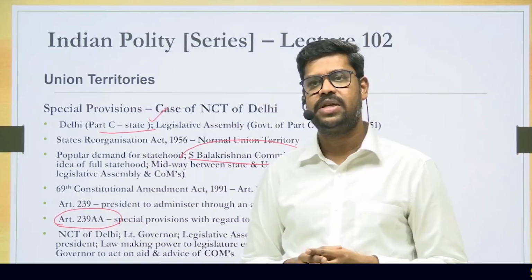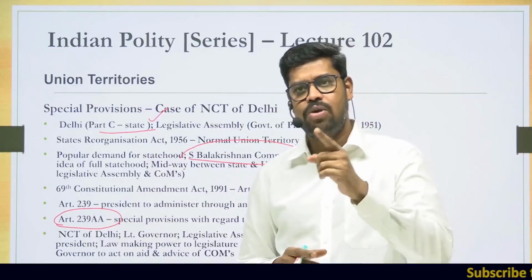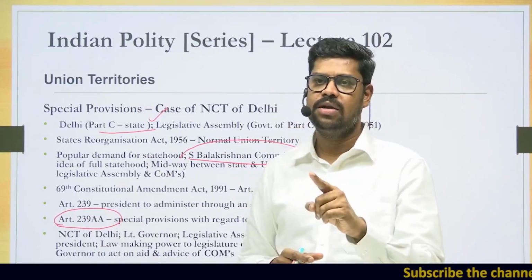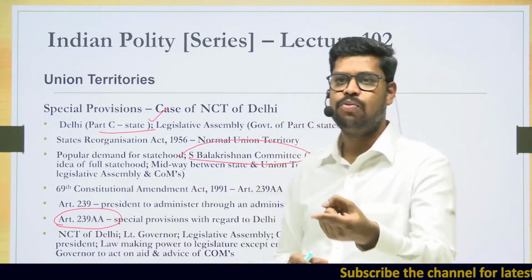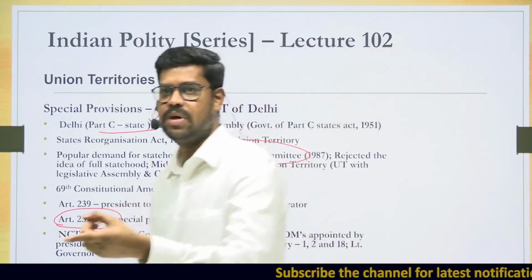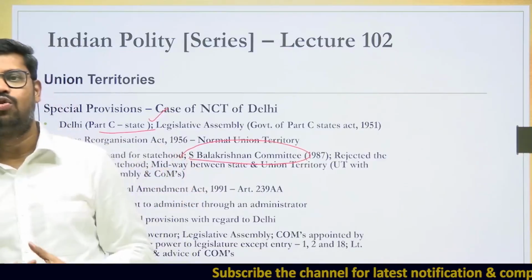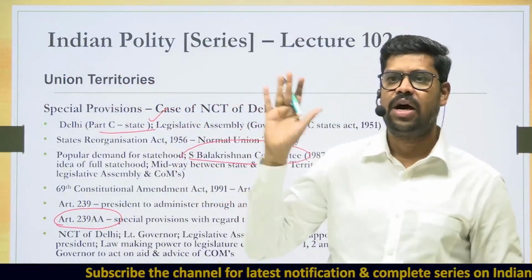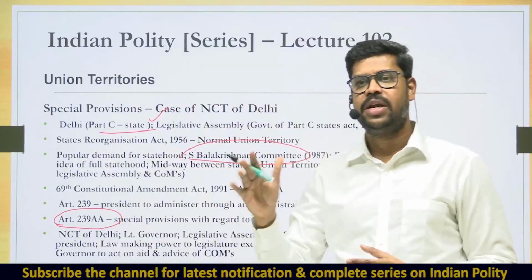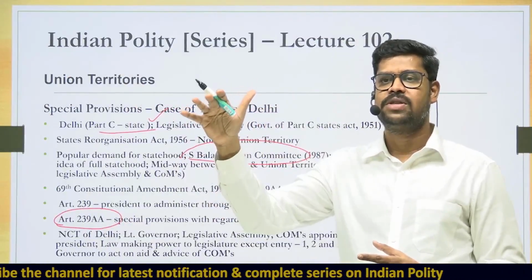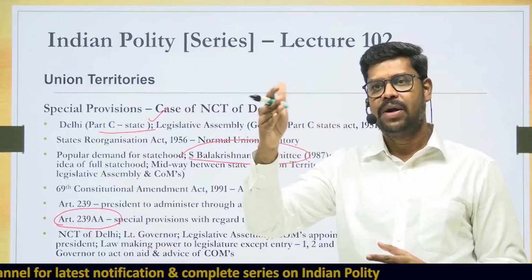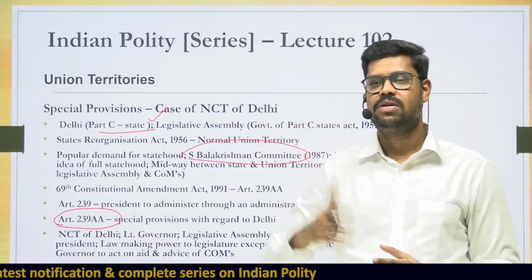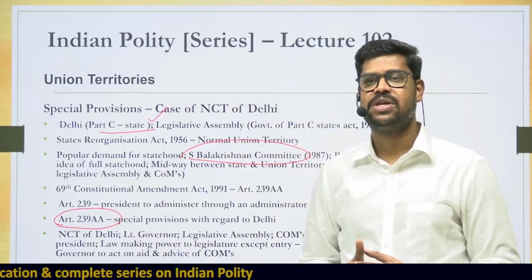What is the special status that was recommended? While Delhi would continue to be a union territory, Delhi may have a legislative body. Delhi may have an elected government. But however, it would still continue to be a union territory. With regard to Delhi, Article 239 will still be valid, because in any union territory, who is going to administer the union territory? It is the President. But within that, let us give the union territory of Delhi a special status.